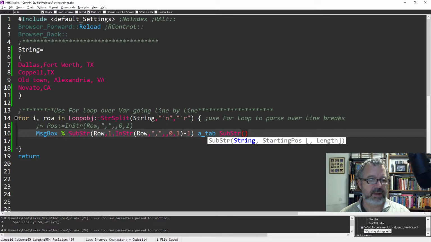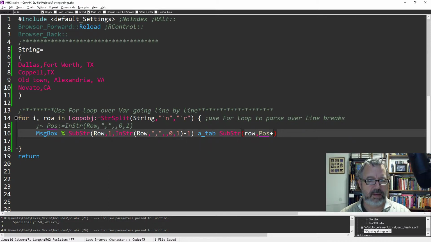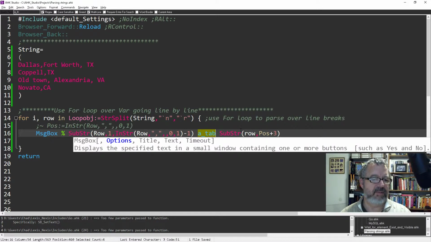There we go. Substring row, comma. But this time I'm going to start at the position. I'm going to start at that position, because I think that's the position of the comma, and then there's the space, so I'm actually going to add, let's try adding 3 plus 3. So that, hopefully, you know what, instead of using a tab, because it would look more like a space,